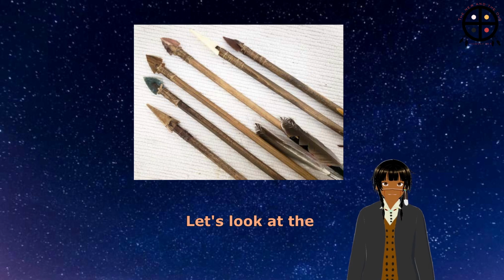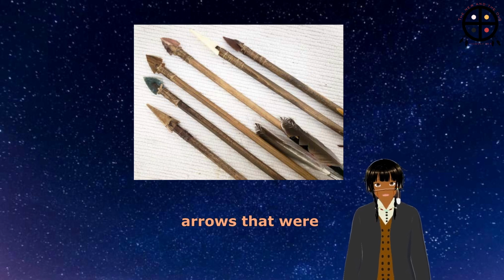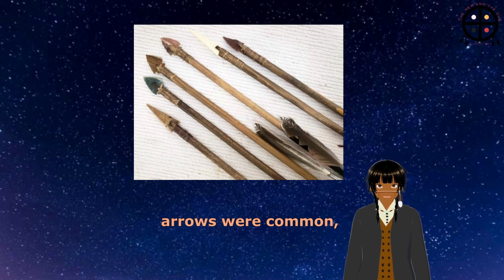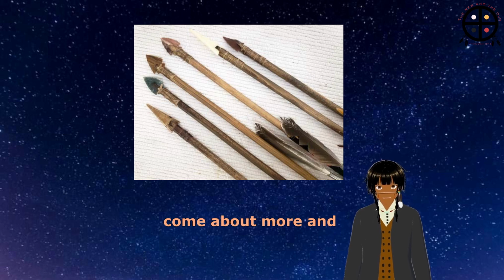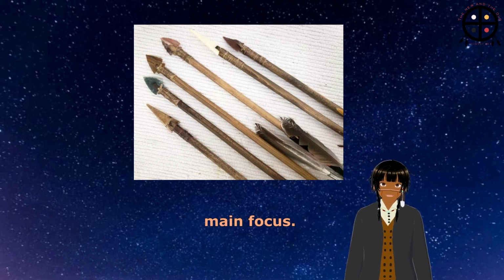Let's look at the different styles of arrows that were common amongst the Pueblos. Oftentimes, obsidian, flint, or bone-tipped arrows were common, but due to the introduction of metal and other materials, kettle-tipped arrow points and other styles of metal arrow points and repurposed metal points started to come about more and more. But this is not the main focus. Let's talk about the arrow shafts in